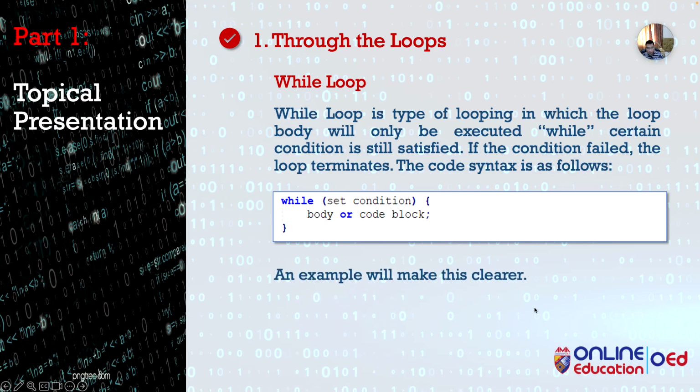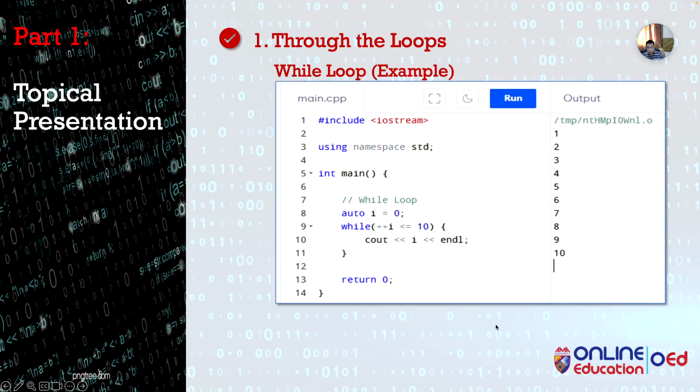Let's have an example. So, in the while loop, if there is an iterator in case I, we first initiate it. In this case, I is equals to 0. Then we will set the condition, this one, that increments I and then compare it to 10. It should be less than or equal to 10. And then we go to the loop body,